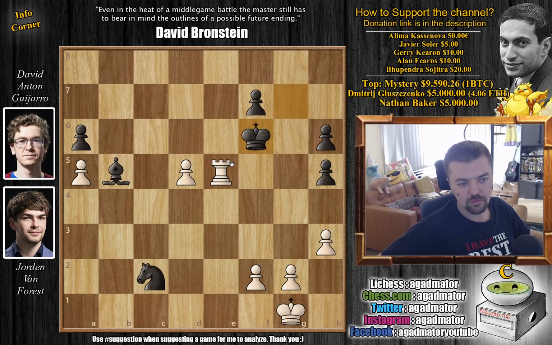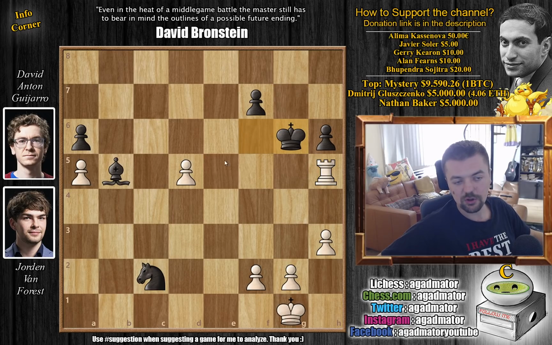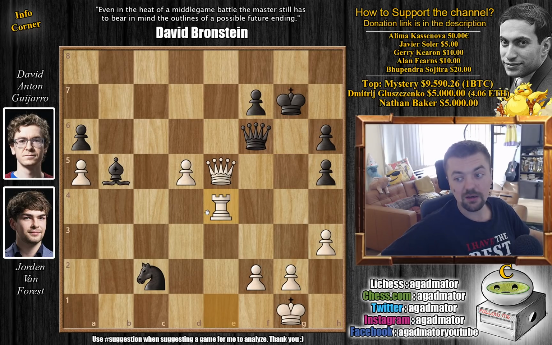King f6 attacks the rook. Whatever rook captures, king is gonna go back. But you still have 2 pieces for the rook, so black can still fight this. However, after rook to e4, David Anton played bishop to d3, challenged the rook here, but this move, of course, completely blunders the game, and